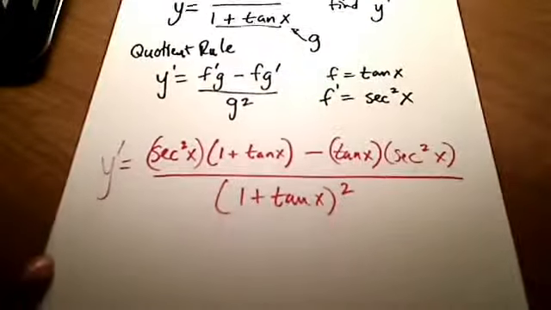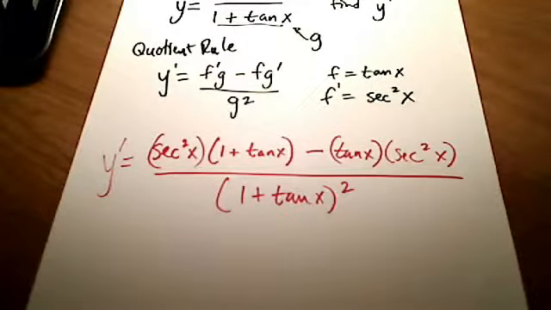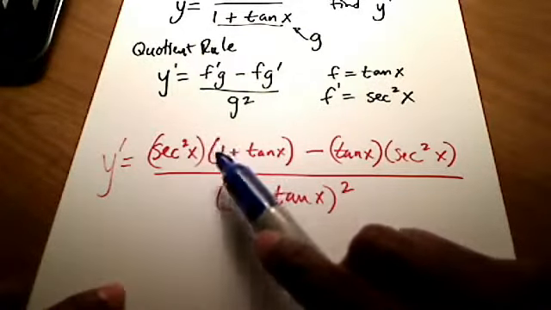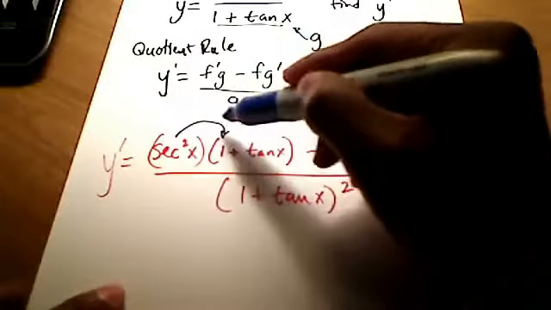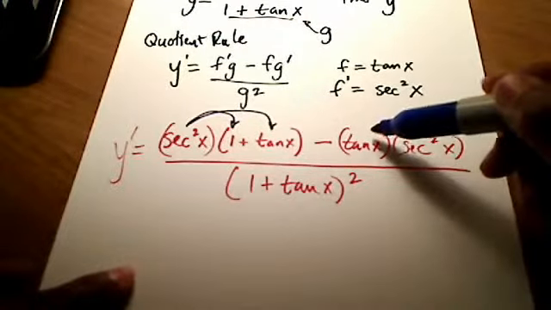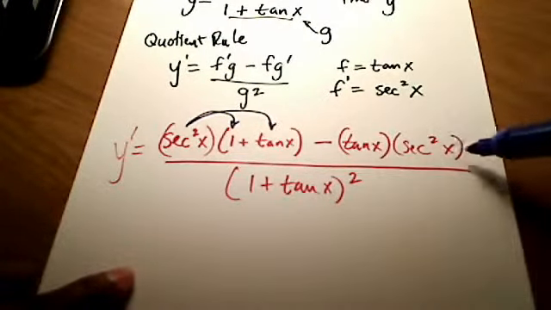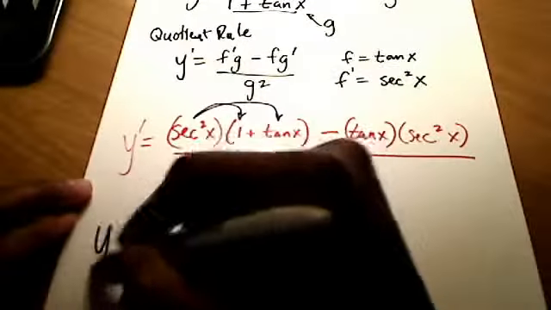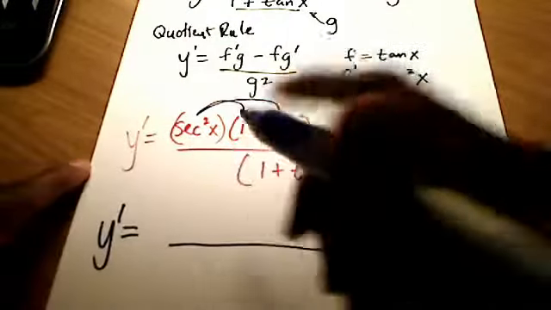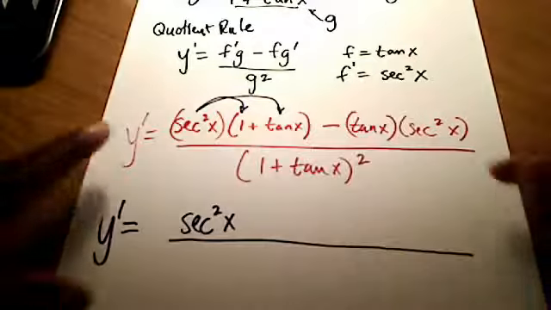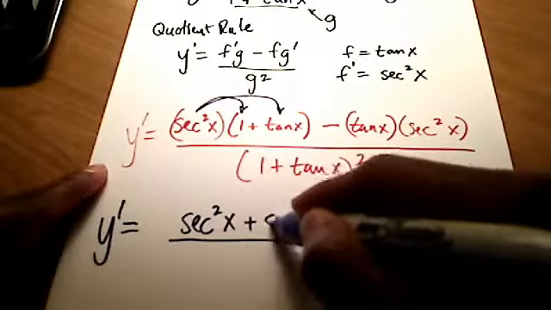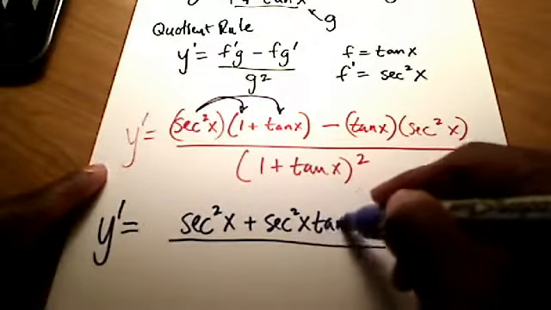Well, we can clean this up a little bit more. I hope you see that in this numerator right here I've got secant squared times both of these things, so really it's just the distributive property being done there. Let me clean that up. And since it's just tan x times secant squared x, I really don't need the parentheses over here either. So let me write my numerator this way. I've got secant squared x times 1, that's just secant squared x,